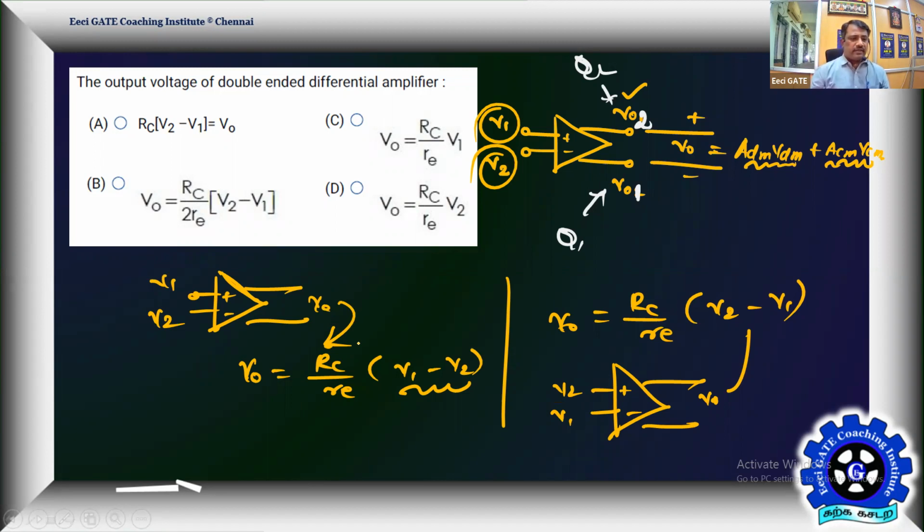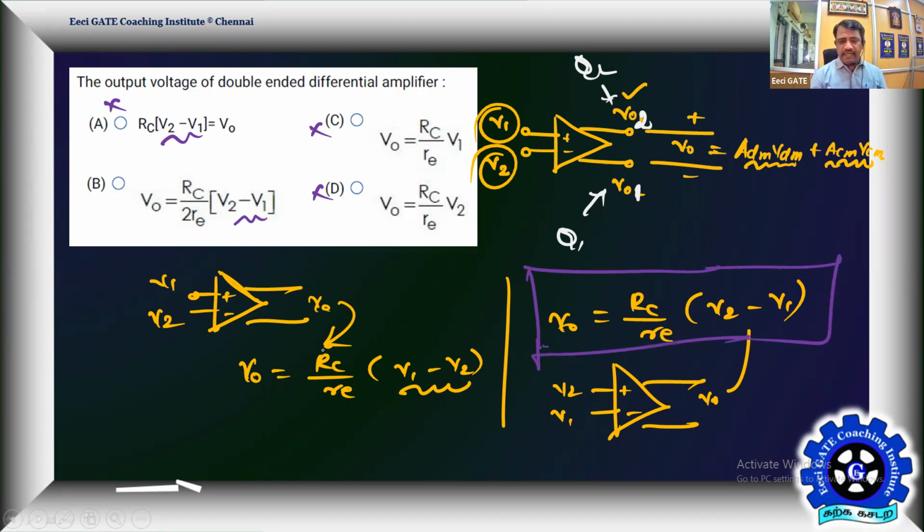So the right option is, okay, 3 options got eliminated. What is the best option? We are expecting this result. Since you maintain V2 minus V1 here, V2 minus V1 here, V2 minus V1 here, this is wrong, it is a function of only V1, V2, and this is also wrong. It is not a function of small re. So looking for the right option. Yes, this is the right option. This should be the right option.